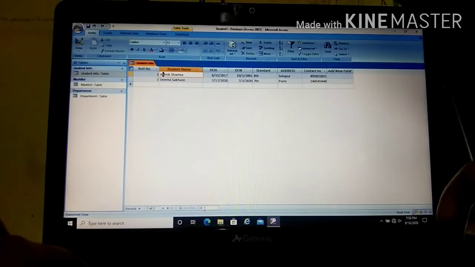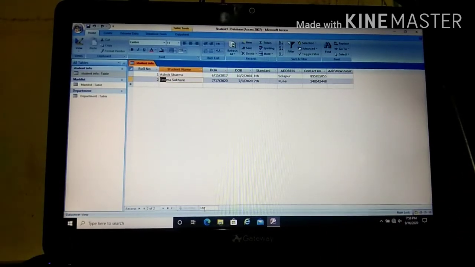You can see the differences. Can you see, whenever I'm typing in that search box, it is highlighting the field there. So yes, only 2 records are there, so you might be wondering why we need that. But when we have thousands of records and have to search for information in those 1000 records, we need this search box. So this is the way you can search and navigate through the records.